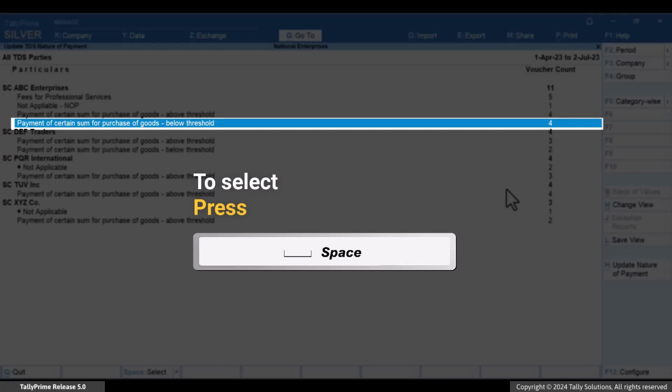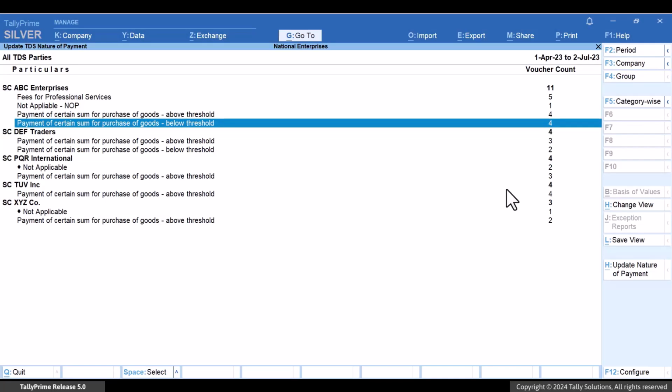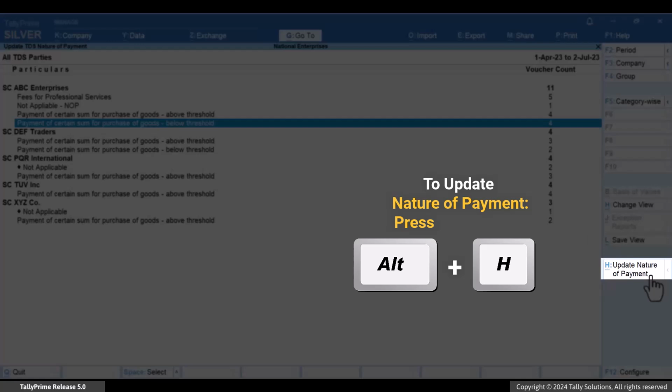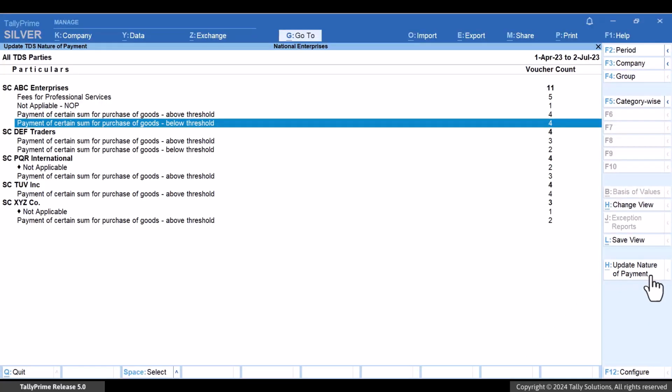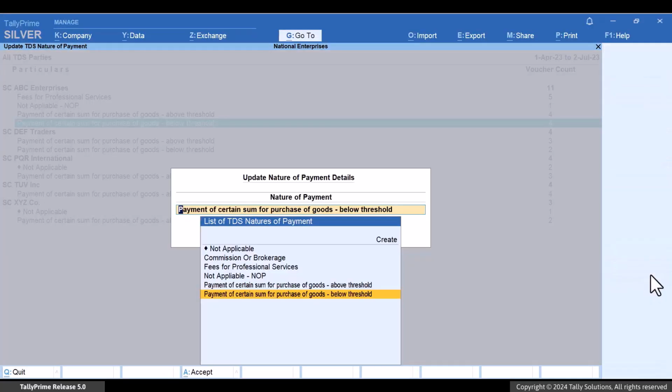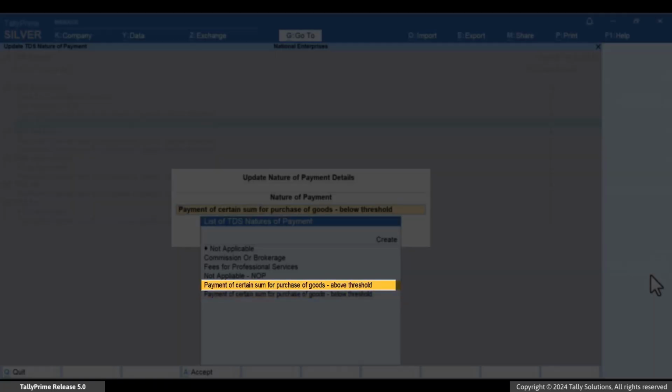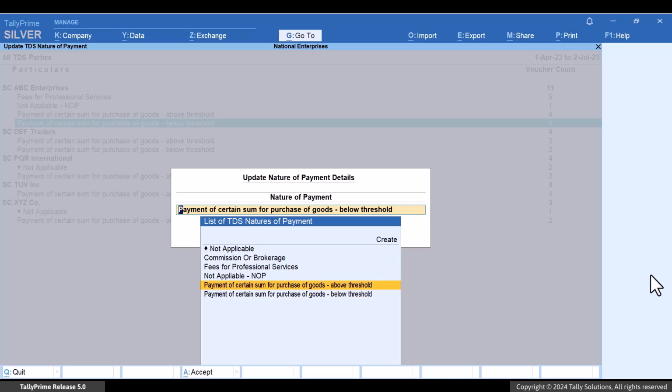Press the space bar to select the nature of payment for below the threshold limit. Press Alt-H or click the Update Nature of Payment right button. Select the nature of payment configured to calculate tax on value above the threshold limit.